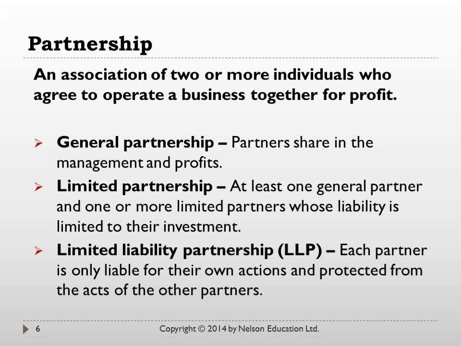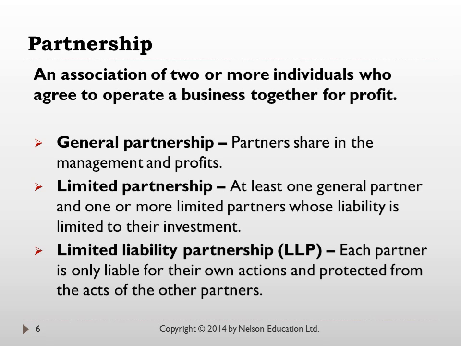In return for that, a limited partner's liability is limited to the amount that they have invested into the partnership. So if the limited partnership is not successful and closes, the most that the limited partners could stand to lose is the amount of their investment, whatever they put into the business. They're not liable for anything more. However, the general partner is liable for all debts of the partnership.